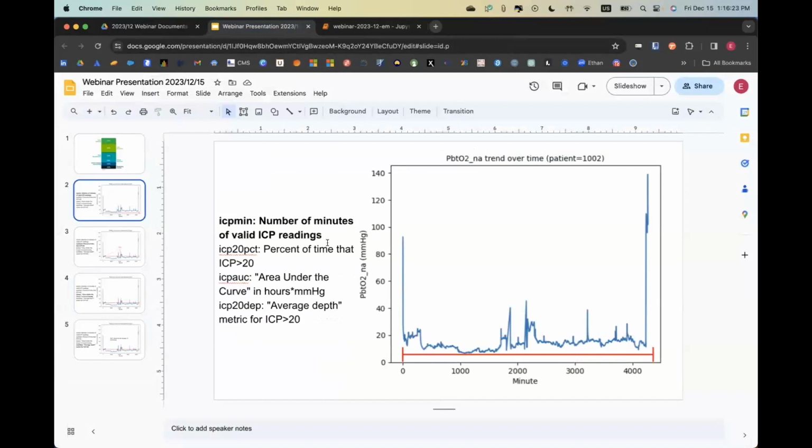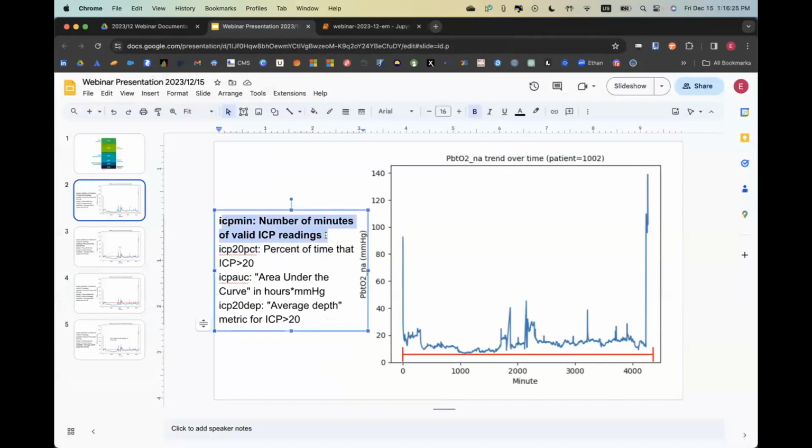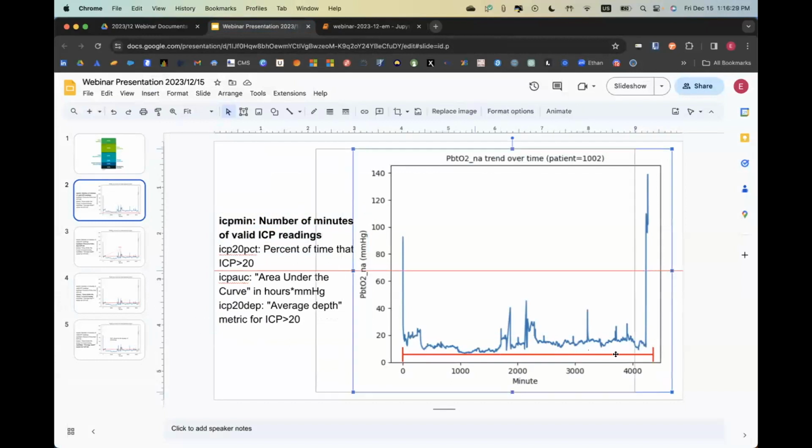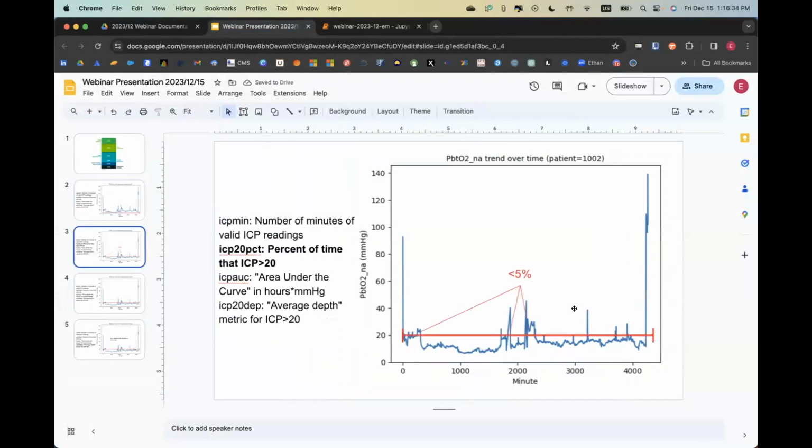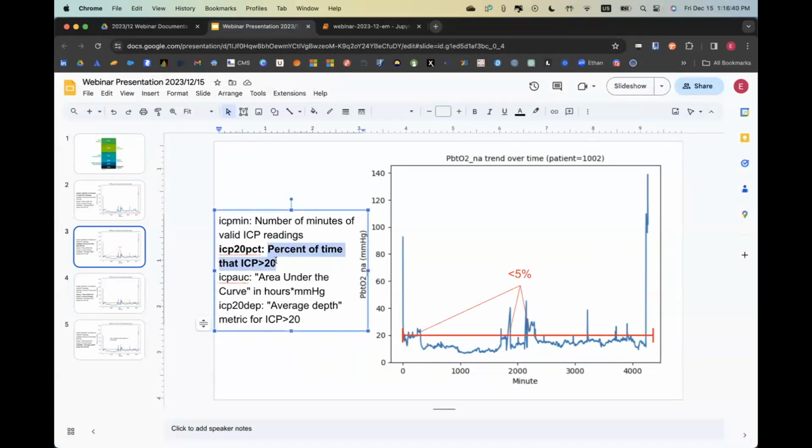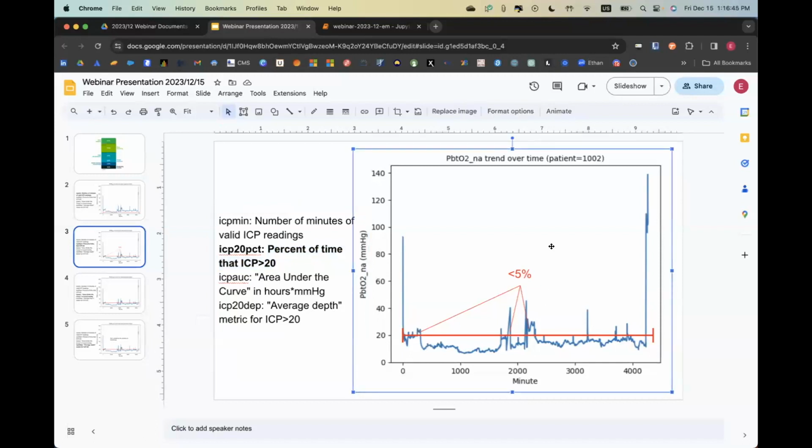So for instance, the number of minutes of valid ICP readings, I'm guessing they took this entire length right here. And then I realize there's a graph of PBTO2, but they're looking at the percentage of time that ICP is above 20. So I just did an estimate here that this is no more than 5%.